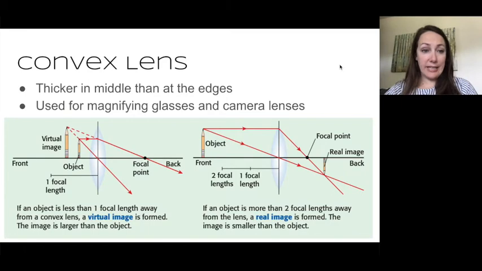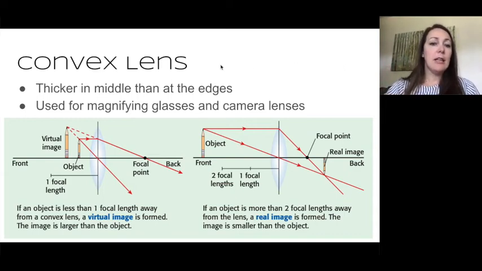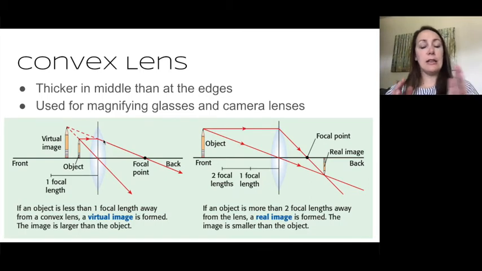A convex lens, conversely, is thicker in the middle than it is at the edges, and it's used for magnifying glasses and camera lenses. So we're trying to make things much bigger so that we can really see the finer details, okay? So, again, these are used in magnifying glasses and camera lenses. And in lenses,